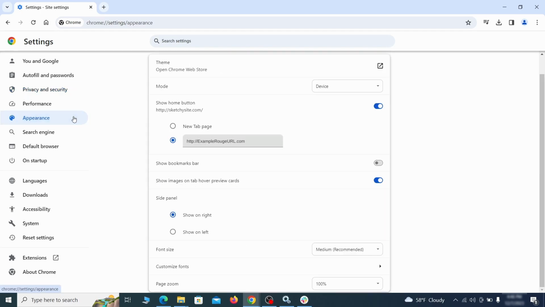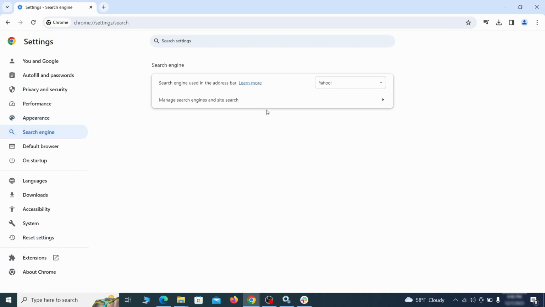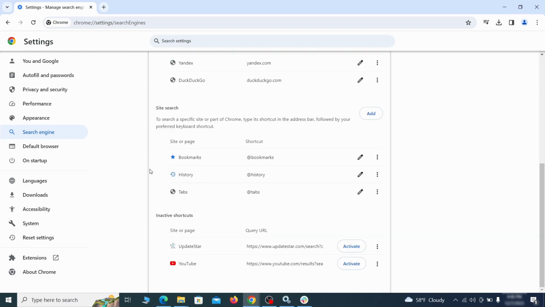Now go to Appearance from the left and see if there's any custom URL written in the Home button section. If there is, and you don't recognize it, delete it. Also visit the Search Engine tab. Make sure that the default search engine is the one you want, and then go to Manage Search Engines. Look for unknown and questionable search engines, and if you find any, click the three dots next to it and